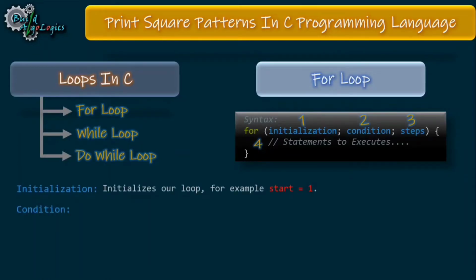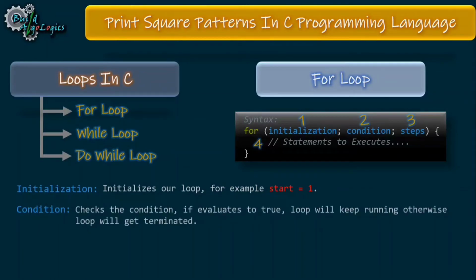Now the second part is the condition. As the name suggests, there is a condition that tracks whether the loop should continue its execution or terminate. If this condition evaluates to true, the loop keeps running, and when it becomes false, the loop terminates automatically. Also, keep this in mind: to terminate our loop after the intended tasks, we must tweak this condition in such a way that at some point it becomes false. Otherwise, the loop will run for a lifetime, and this is also known as an infinite loop.